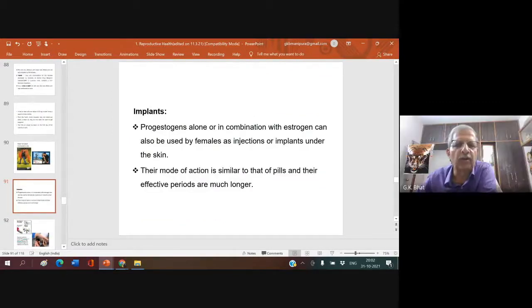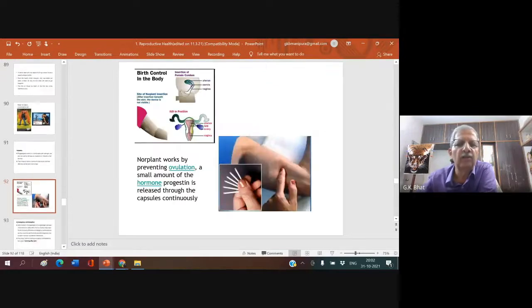So I have told you about implants the other day. Implants are like that. Simple implants are nothing but they also contain progesterone and estrogen hormone. A slight cut is made, skin is opened, and it is just planted there, and again a stitch is put. Once placed, for another 2 to 3 years, she need not bother. She will not get pregnant at all if she goes for unprotected sex.